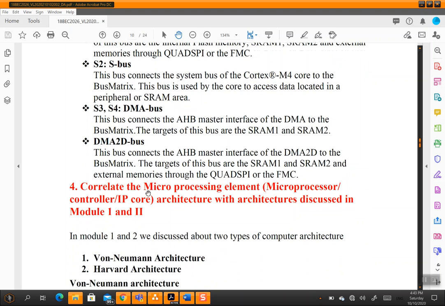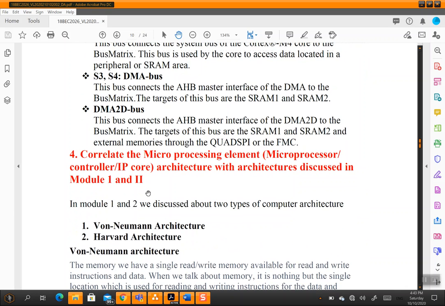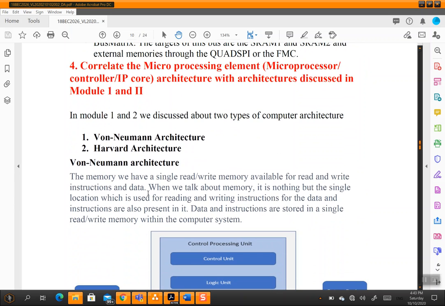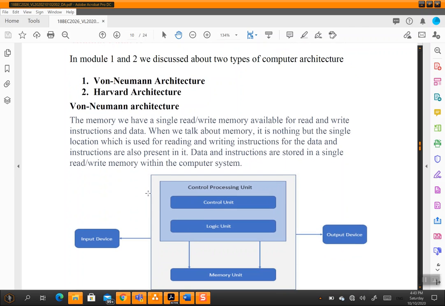Okay, so these are the purposes of the different parts of the architecture. Fourth question: correlate the microprocessing element architecture with the architecture discussed in modules 1 and 2. In our modules we see two architectures, which are von Neumann architecture and Harvard architecture. In von Neumann architecture, we have a single read-write memory available for reading and writing instructions